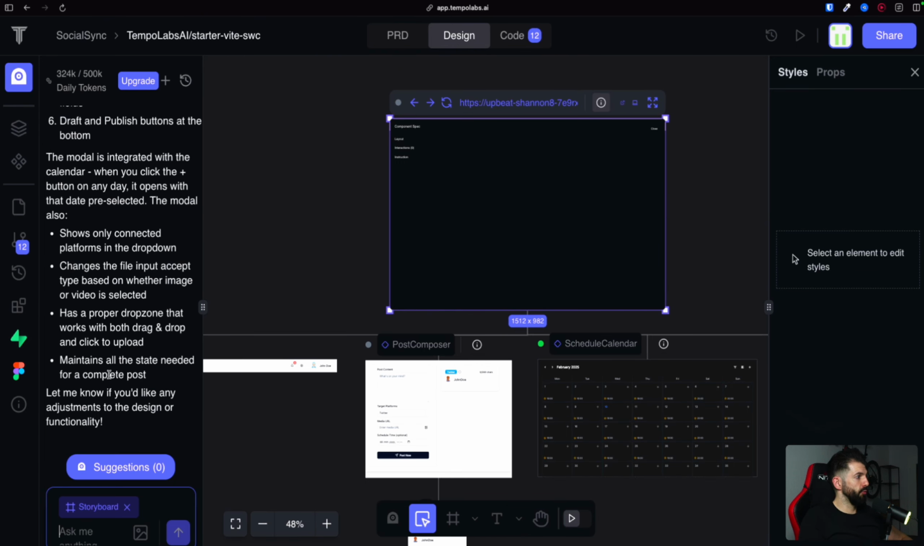Now let's tell Tempo Labs to add authentication. Okay, the landing page looks actually great. And now I want you to connect Supabase authentication. So when the user clicks start free trial or login, sign up, whatever, I want you to link to the respective sign up or sign in pages so that the user can create an account and then be redirected to the dashboard. So we'll see if Tempo Labs will make the changes or if I have to continue recording the